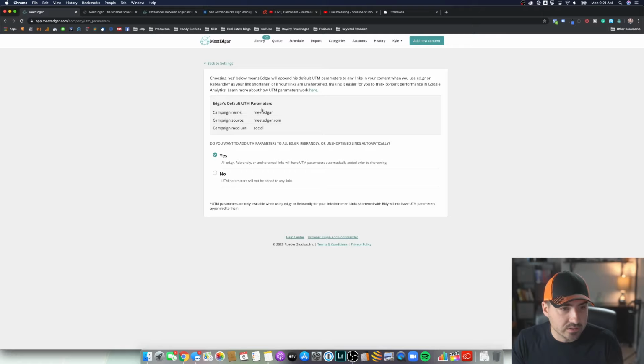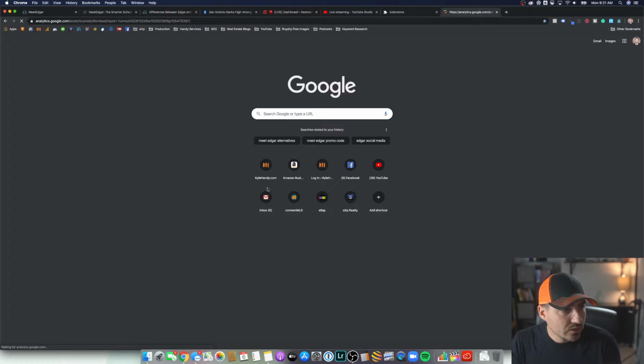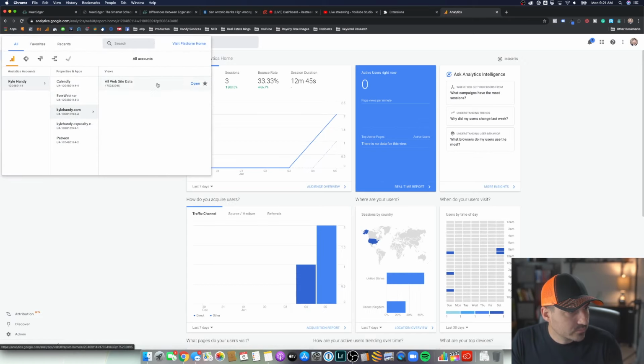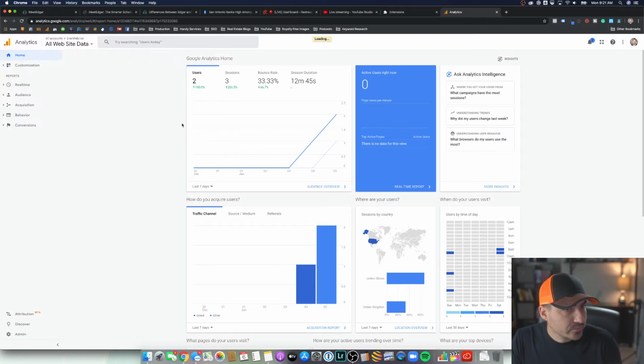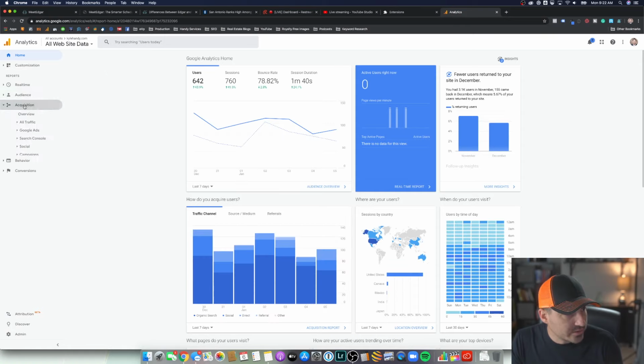to do that. So for instance, what it's going to do is automatically add these UTM parameters that say MeetEdgar, MeetEdgar.com, social for the medium. If I go into my analytics on Google, I'll show you what it looks like on the back end. Let me quickly go to my Kyle Handy page. So this is my actual Kyle Handy blog. And if I go to acquisition, and then campaigns,